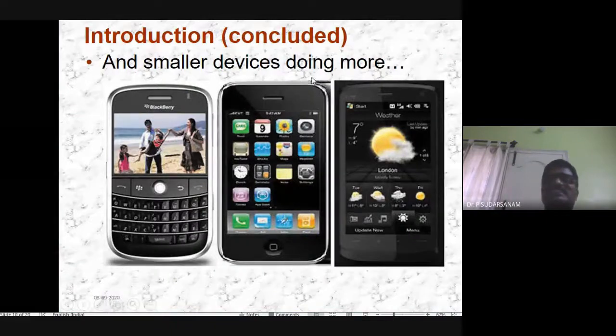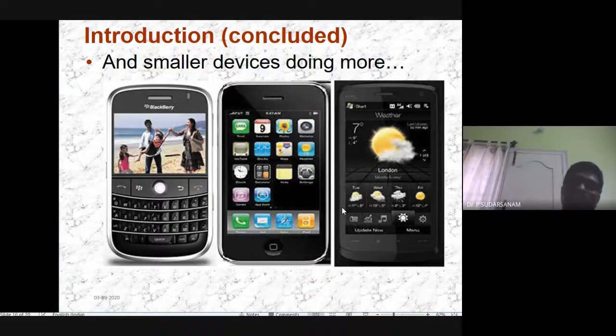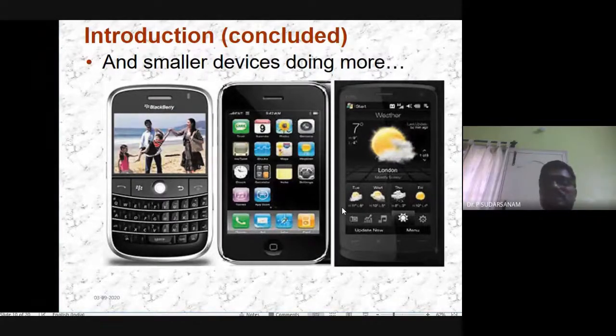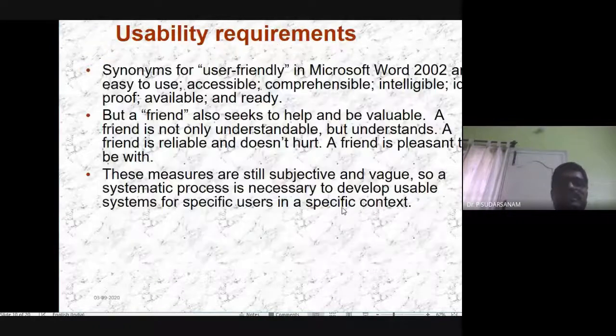And smaller devices doing more things. With a small mobile, whatever we have seen previously, can you do all those things in this? Yes, sir. So we can do it in mobile itself, even though it is a small window. Multiple windows we can open, multiple operations we can do. Whatever we have shown there, either Facebook or mail or windows, many multiple windows, everything we can see in a small window also. So this is the user interface design. Next onwards, we'll be seeing the remaining things.